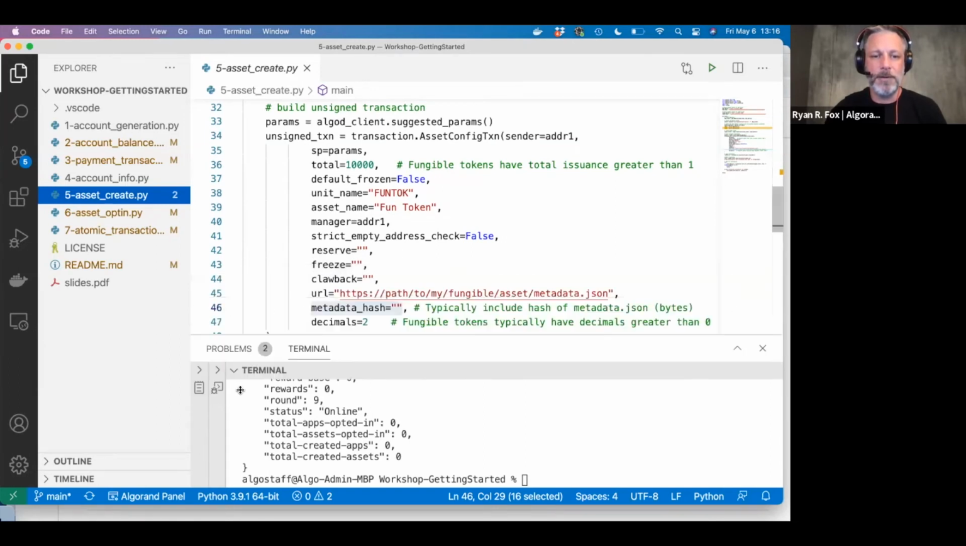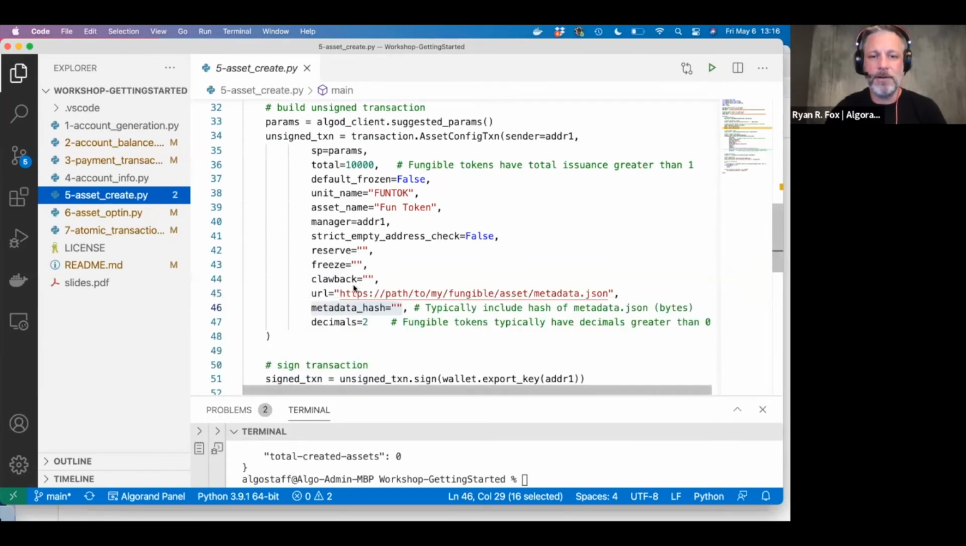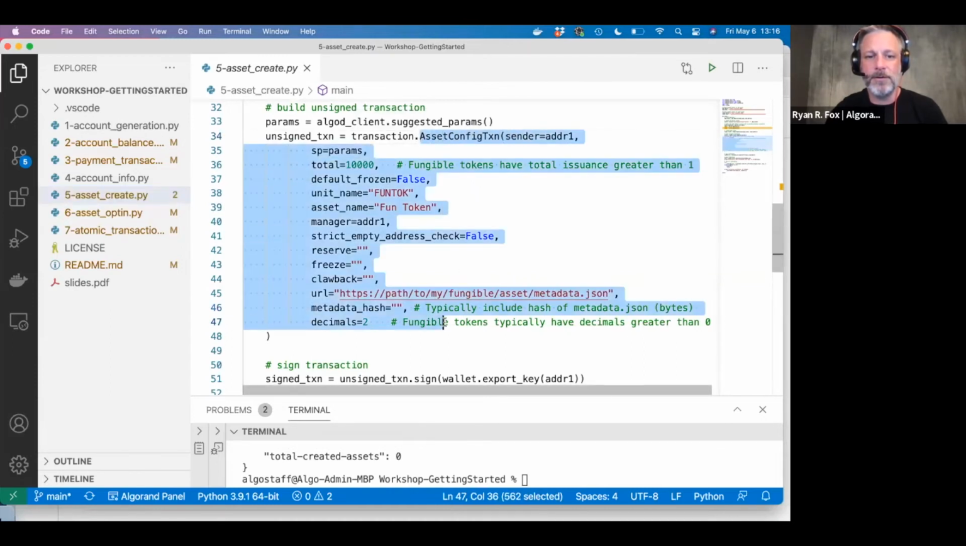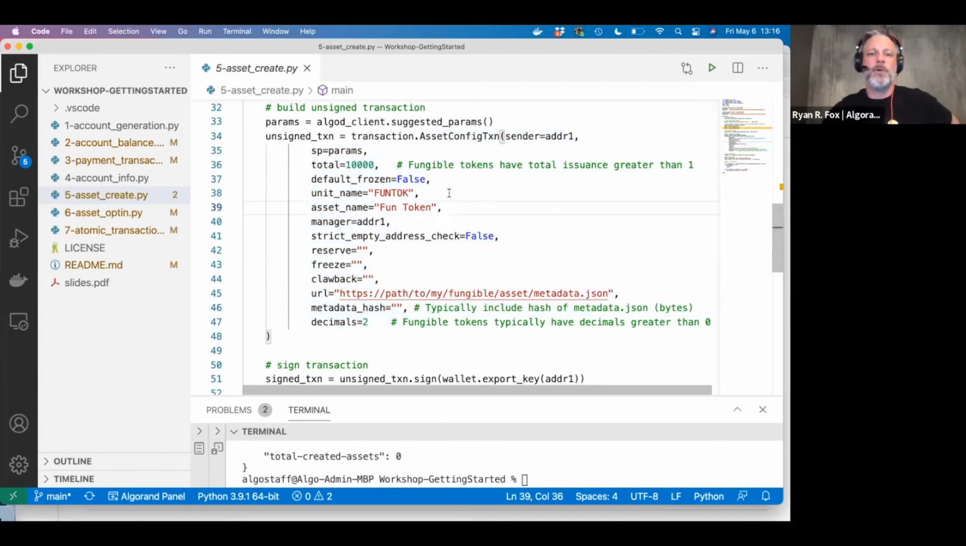So before we did a payment transaction, and this time we are going to do an asset config transaction. So that looks like this. All of this stuff here talks about the asset config transaction. And what we're going to do is say that we want to create a fungible token